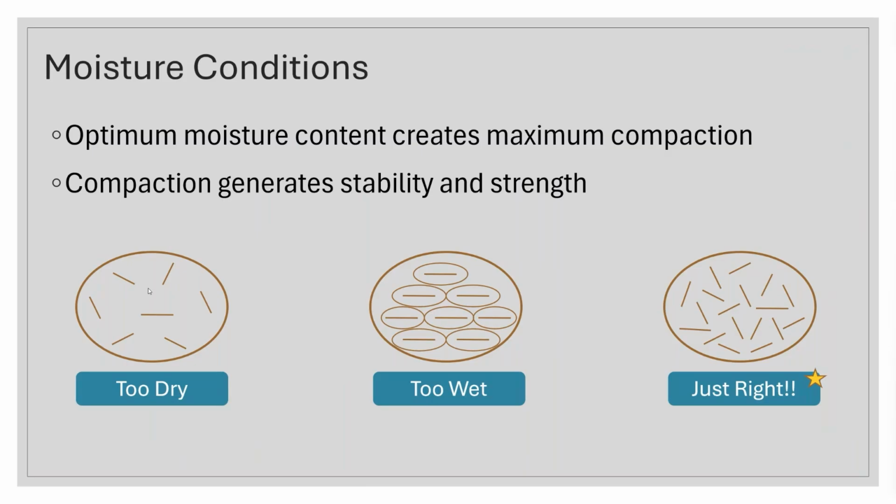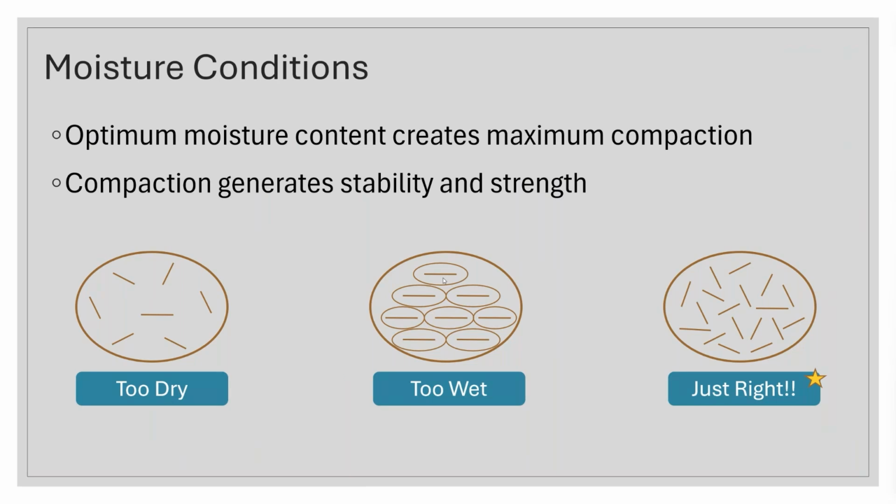They don't get really tightened up together because there's nothing to help them work their way into a tighter fitting matrix. On the other hand, if we put way too much water in that, what will end up happening is that all of those particles get that extra layer of moisture around them. And if we compact it a lot, we squeeze real hard, they have enough workability because they're wet, they'll slide around and kind of get into layers. And those layers aren't locked together.